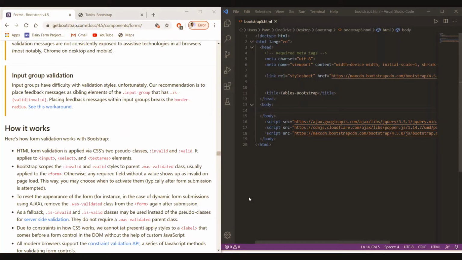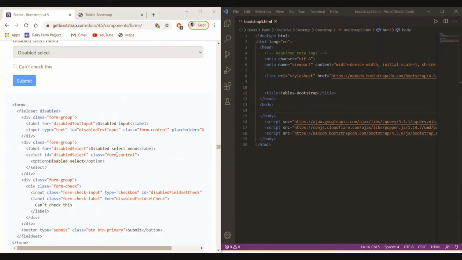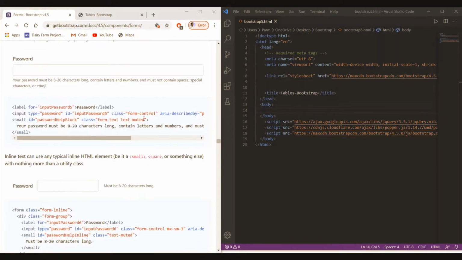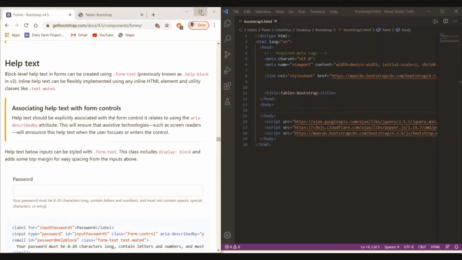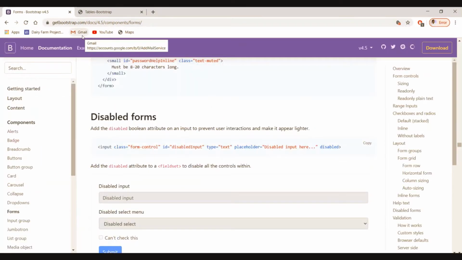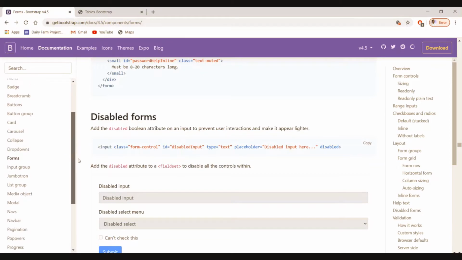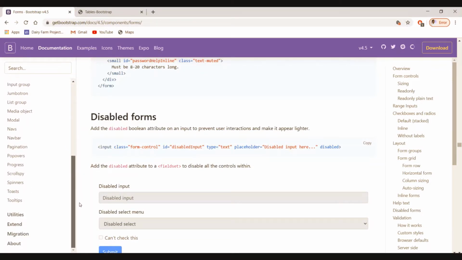So welcome back here. In the previous video we have done with the forms, how we can use Bootstrap forms in our local pages. Similarly, how we can use tables in our pages. So here in this case we just have to go to the getbootstrap.com site. Then here in this case we have to select the table.